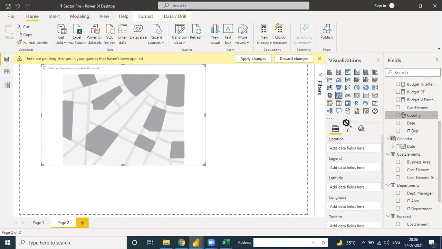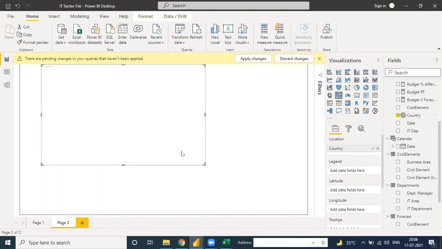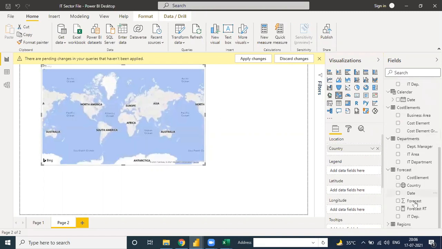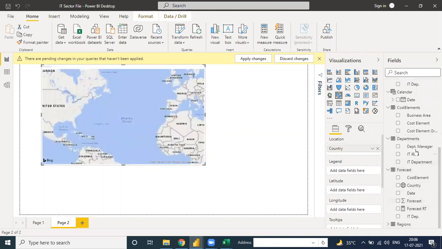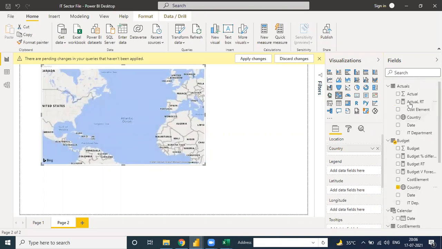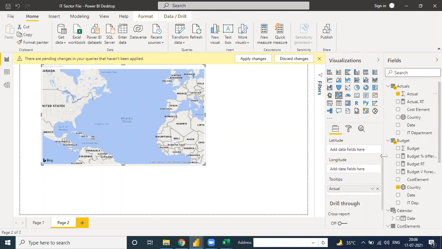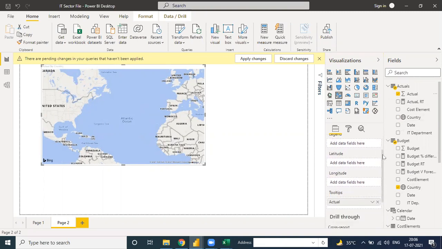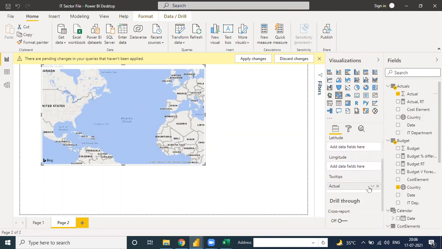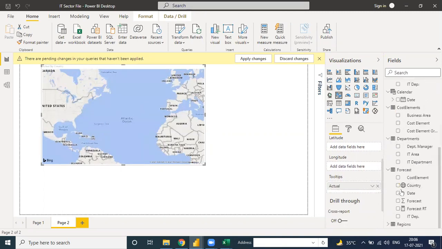Okay, so when you put the country like this and put the actual data related to it, because actually this file is not for that way. So let me check.